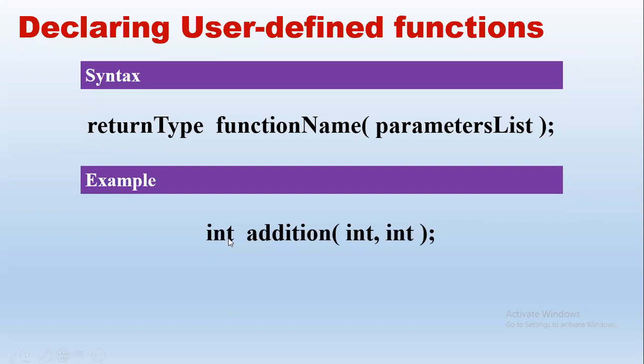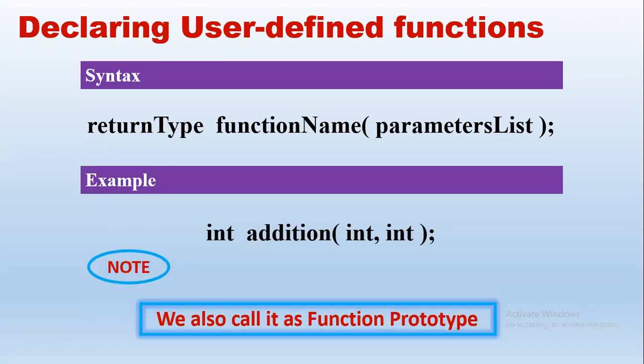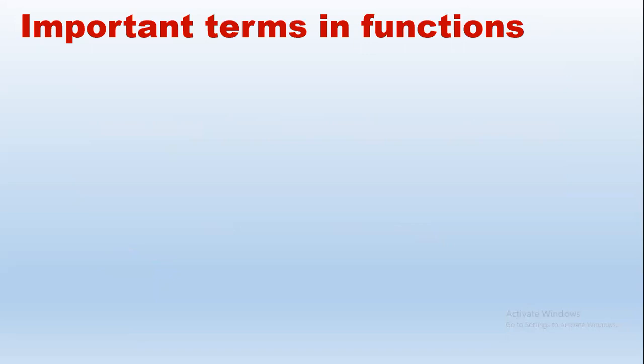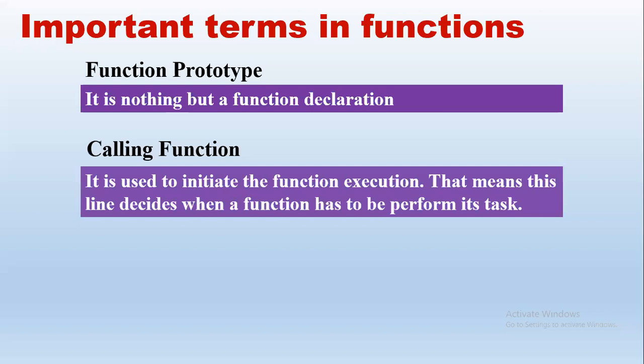Okay, so then we have int as the return type. So we are adding two integers, so the result is an int. So that is the return type. If we give a semicolon, this is the prototype, right? So function declaration is also the function prototype. Then we have this, right? So this is nothing but the function prototype. So here we just saw the different terms in the previous class. I'll just revise it again. So these are important terms to understand the basics of function, right? Function prototype, that is the function declaration. So this is important. Then calling function, whichever function is calling, which starts the function execution.